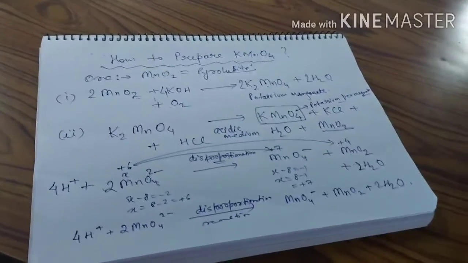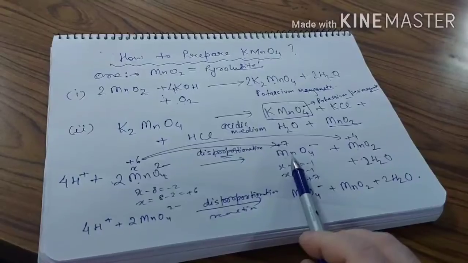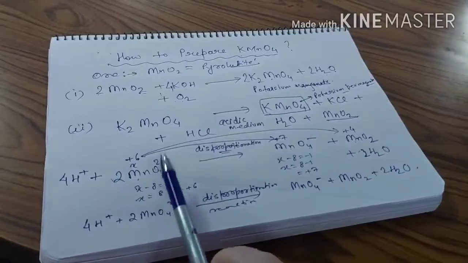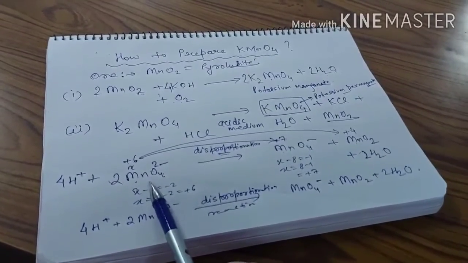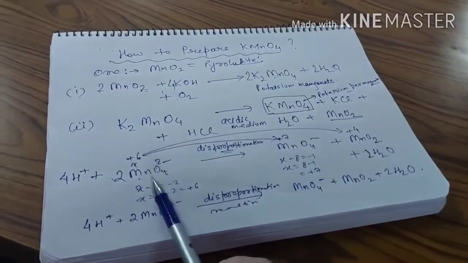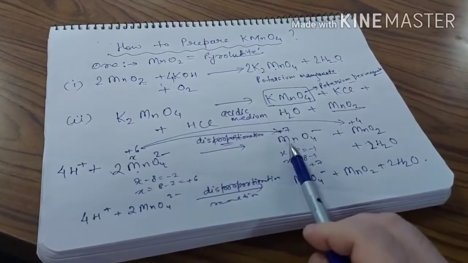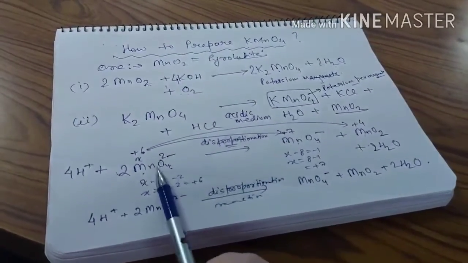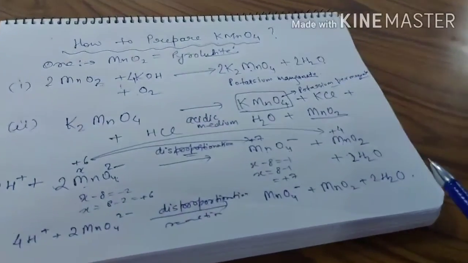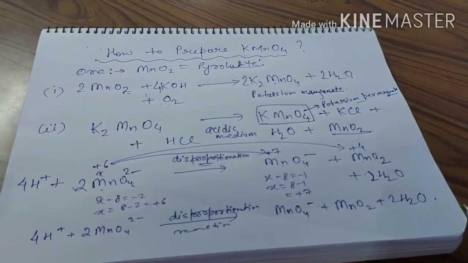Now if we have to oxidize manganate ion to permanganate ion, then either we can make it undergo disproportionation reaction or we can do its oxidation in an electrolytic cell by treating it with an anode. In that case, the anode will take out an electron from this and it will form MnO4 minus. That is also possible. So that will not require any HCl also. But in your book this much is there, so you can understand it and keep it in mind. So you don't have to learn it by heart.